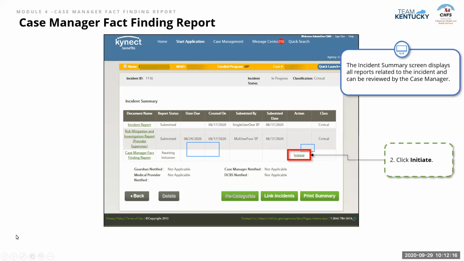Upon clicking Start on that task, the case manager is brought to the incident summary screen, which we've seen a few times already. Something to point out is we have all of the reports associated with this incident: the initial incident report, the risk mitigation investigation report, and then the case manager fact-finding report. The first two reports have already been submitted, but the case manager would have to come and click Initiate on that case manager fact-finding report. Once they click Initiate,